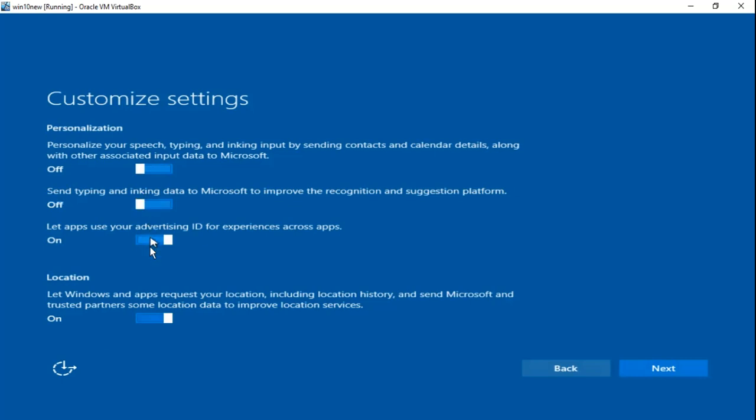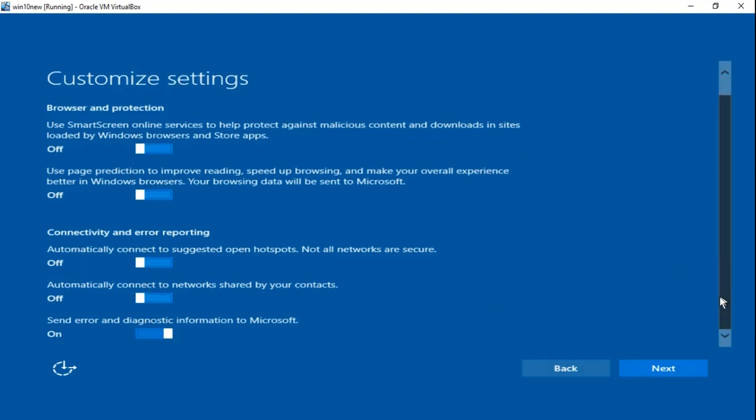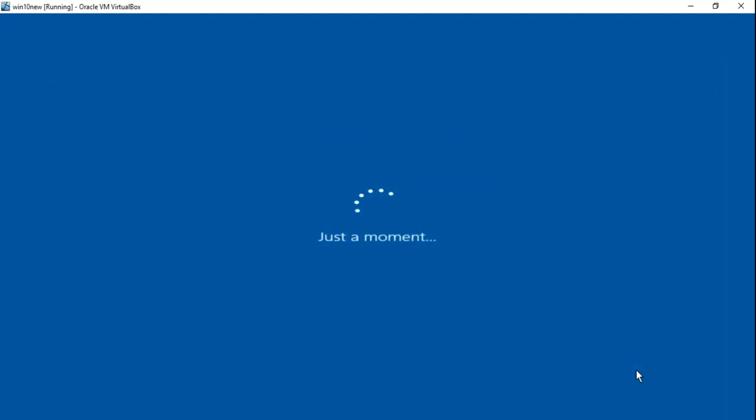Okay, because it's asking for our location and all these things. Just turn off all of these. I don't want any of these services to interrupt me when I am doing penetration testing. Now click Next. Okay.